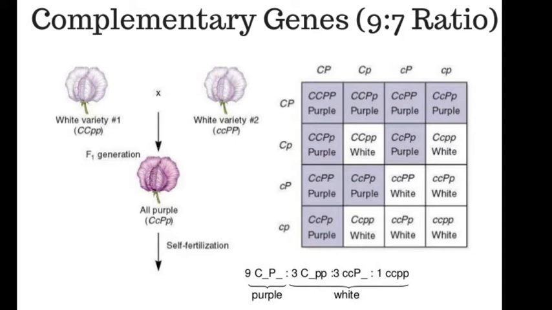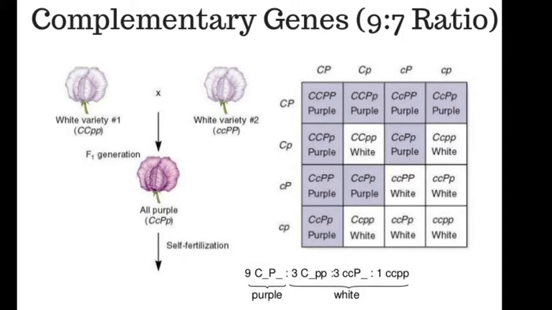So here please understand carefully. In this type of interaction, two separate pairs of genes interact to produce the phenotype in such a way that neither dominant is expressed unless the other one is present. It means the effect of one dominant must be complemented by the other dominant for expression. It means the dominant phenotype is expressed only when dominant genes of both pairs are present.